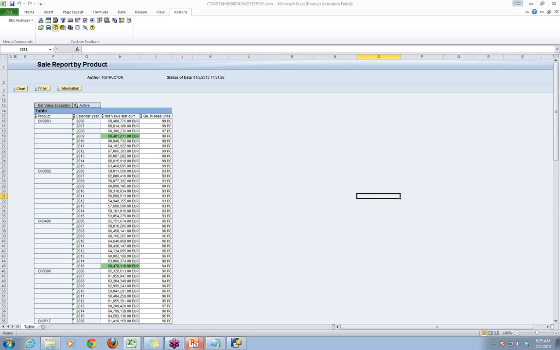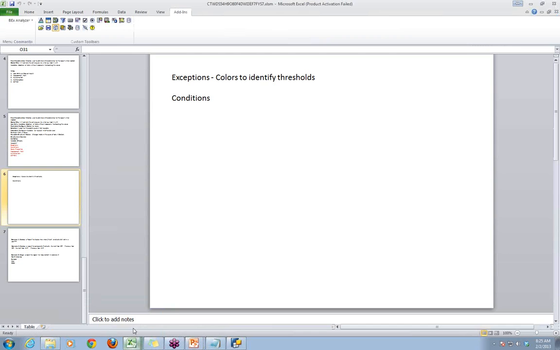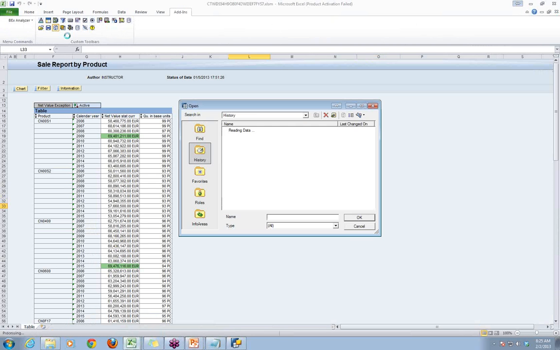All right. So let's talk about conditions. What are conditions? See, unlike our reports like this, whenever you want to run a report, you see what happens here? Whenever you run this,